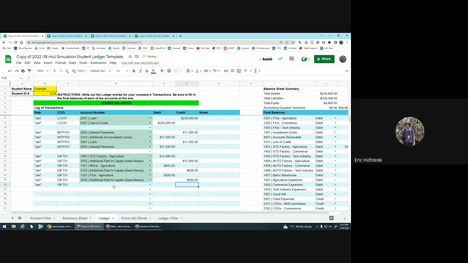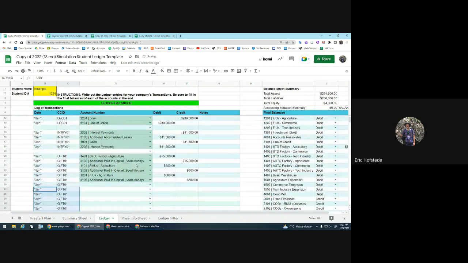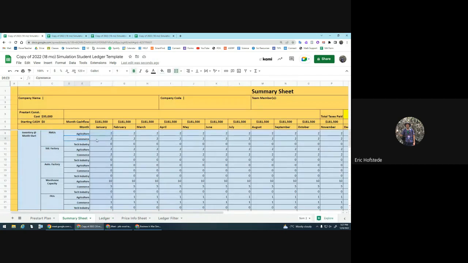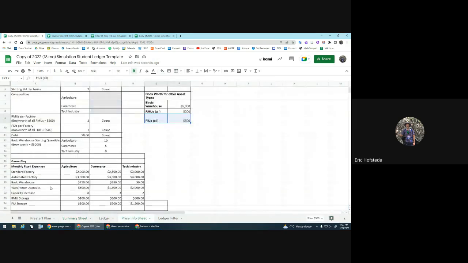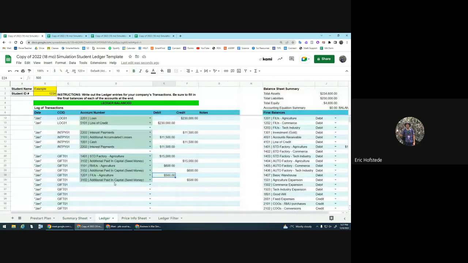All right, that's just for my agriculture. I have got to do all of that again for my commerce. All right, if you didn't do one of each, it's going to be a bit shorter. If I did all agriculture, I could just double all those numbers. All right, but since I have commerce, I need to figure out how much a commerce factory costs. 2,500. Sorry, that's fixed expense. 2,000 is my standard factory construction cost. It's book worth. So I'm also given a commerce standard factory worth 25,000,